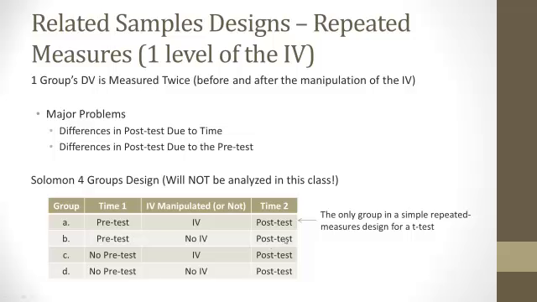So if you saw significant differences between these two post-tests, between the one that didn't get the pretest and the one that did get the pretest, both aren't getting the independent variable, then you'd be suspicious that differences in the post-test are actually due to the pretest. So another way that you can use the Solomon four groups design to assess whether or not these major problems